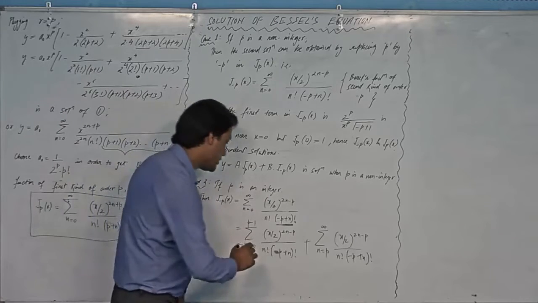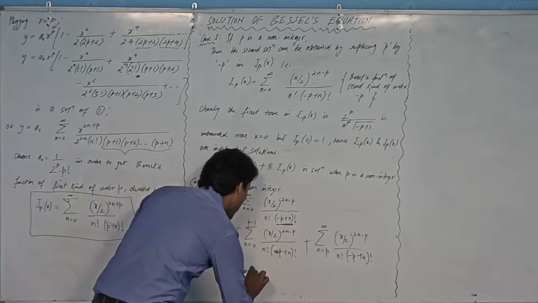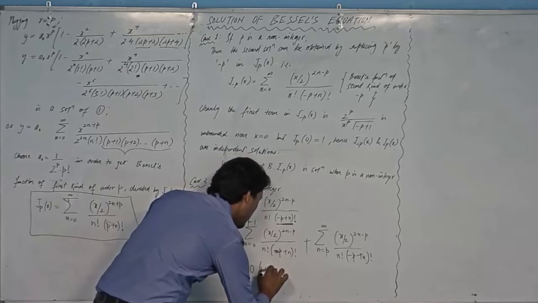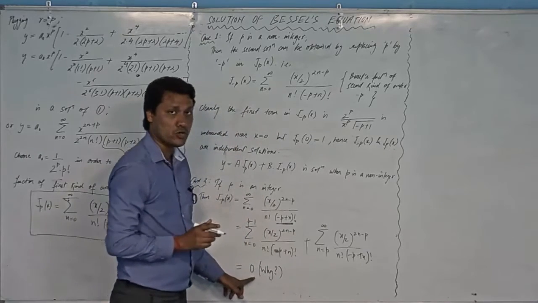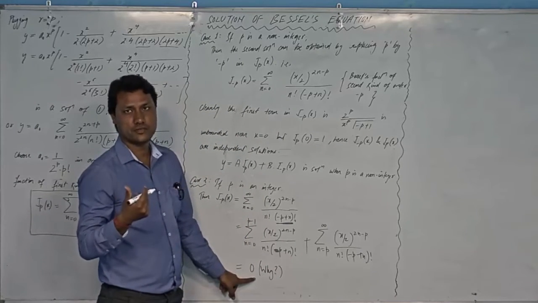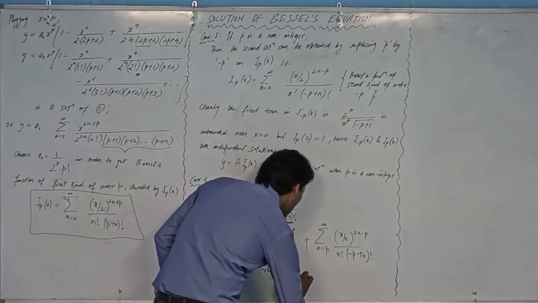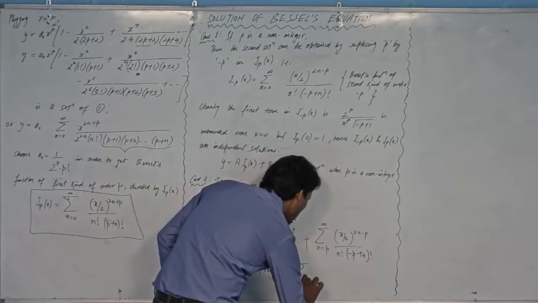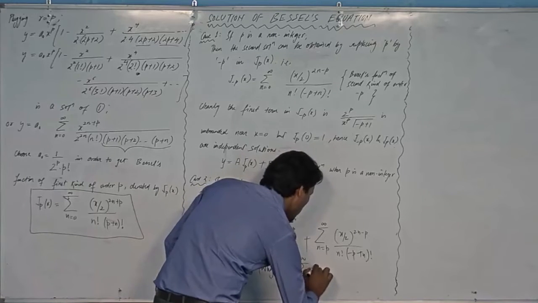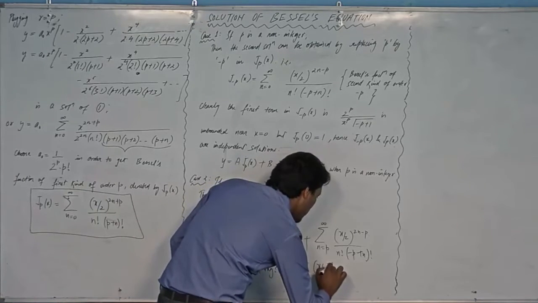So I will write that 0 here, right? And you should know the reason why it is 0, because the factorial of a negative integer is infinite in magnitude, so the terms vanish, right? And we are left with this thing, plus summation n equal to p,